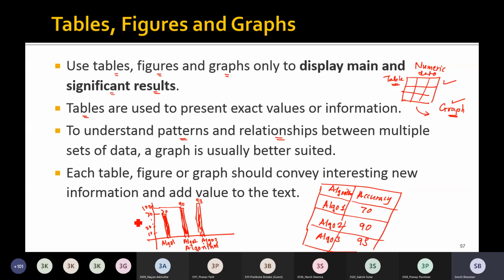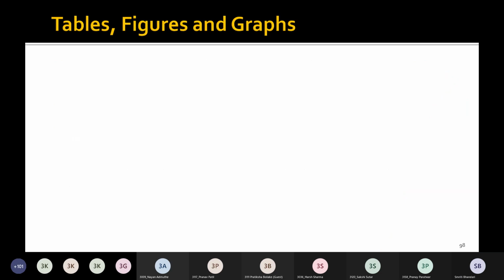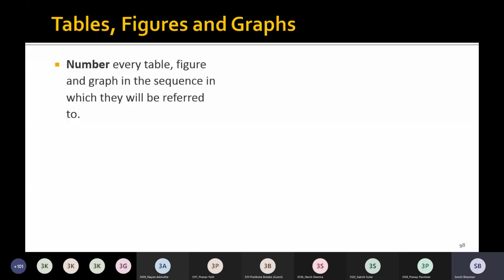Every visual that you are using in your technical report should convey some new information. Now, look at a few important points related to tables, figures, graphs, or visuals in general. We should provide a number with respect to each table, figure, and graph, or any visual, any picture